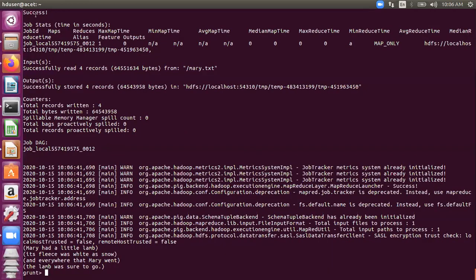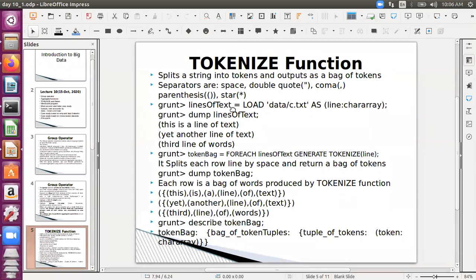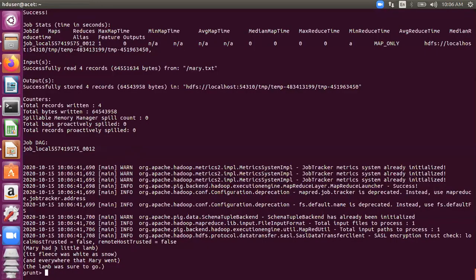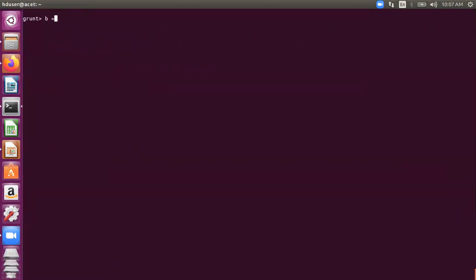Okay, so if I correlate it with my presentation, you can see here that there was this file, this relation of lines of text. So it displayed these lines like this. This is a line of text, yet another line of text. In our case, we have got these 4 lines, right? So let's project it by tokenizing it. For each A, generate tokenize, the name of the field was line, and I give it the name token. Okay, if I dump it now,